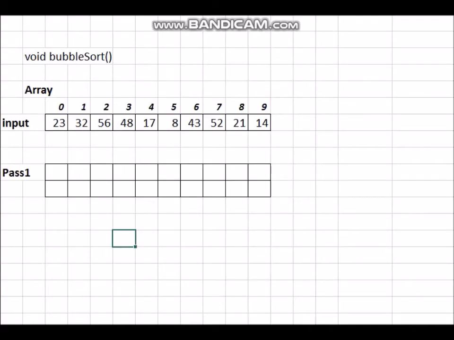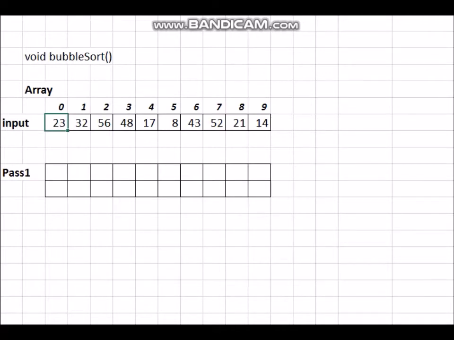So now in this lesson we will learn about bubble sort. Again, the intention is to sort this array of random numbers into a sorted set of numbers in order. If you have not seen the selection sort video, please look at the selection sort video before coming to the bubble sort video.